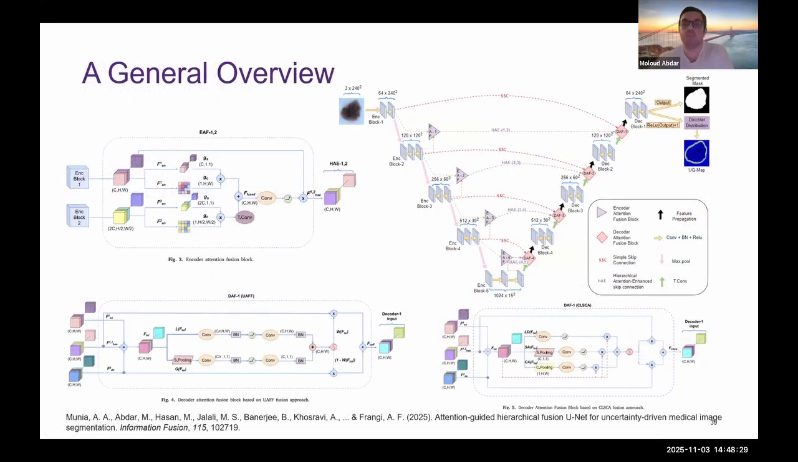The general view of the proposed model is here. You can see that we have different modules in the skipping connection between encoder and decoder. And also in the decoder, we have a module called DAF3, which I have shown here. Each of them, like DAF1 and DAF2, which is the normal one, is being used to